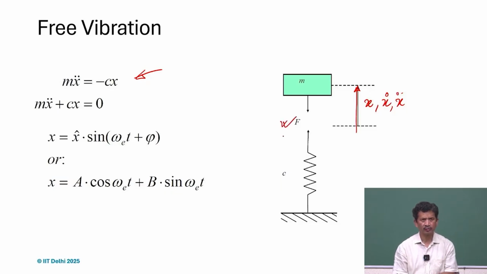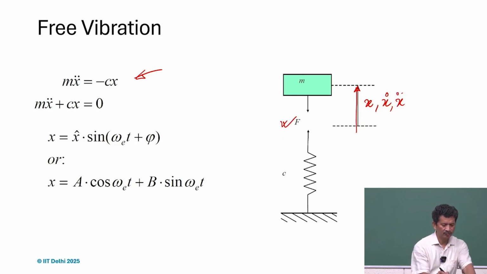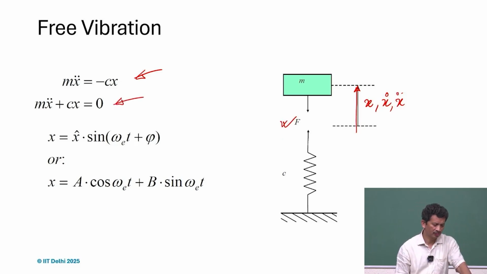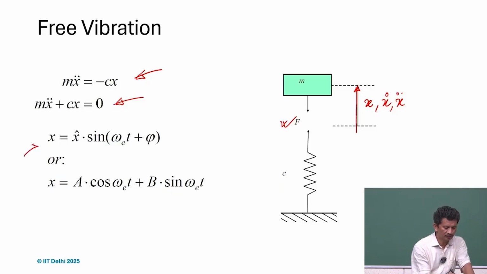So, that will be equal to minus Cx, and so this is the governing equation we can write: m x double dot plus Cx equal to 0. And the solution for this kind of differential equation, we know, can be written as amplitude x cap times sine of omega t plus phi,